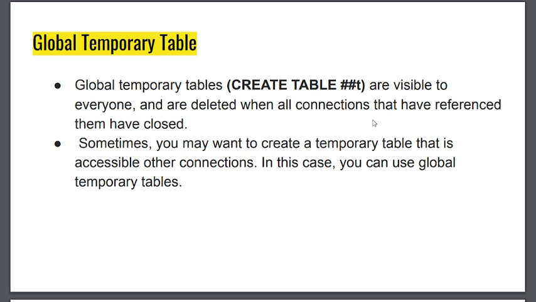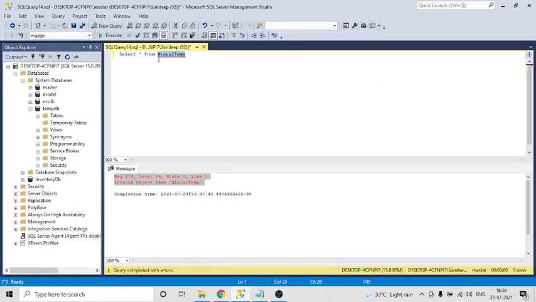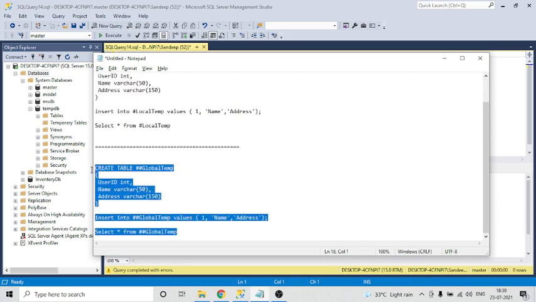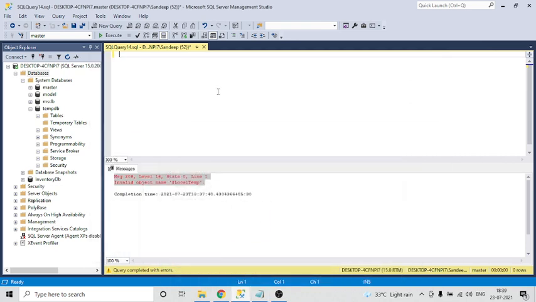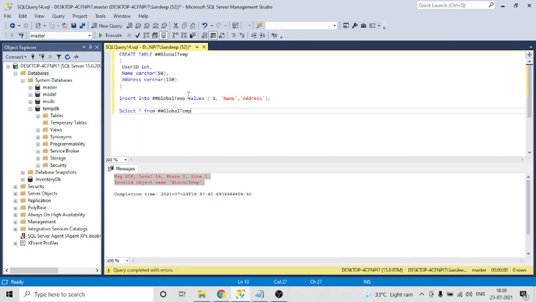So again go back to our SQL Server, and here I will copy and paste the code from my notepad where I already wrote the query. Here we have the syntax of a global temporary table: CREATE TABLE name, where we use the double hash as a prefix with the table name. We are creating the same 3 columns as we created in our local temporary table, and the rest of the things are the same except we use 2 hash signs instead of 1.